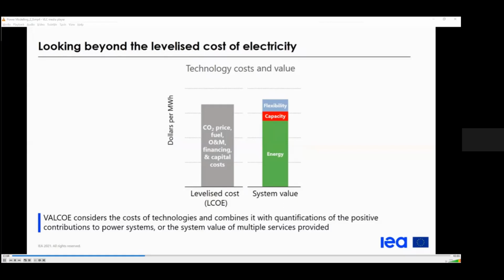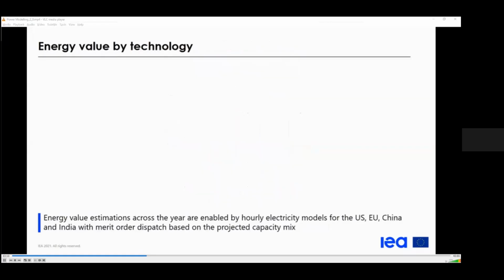So the concept behind the value adjusted LCOE is taking these costs, these values, and merging them. So the energy value is the one that really has the most impact. Selling electricity is today the largest source of revenues in competitive markets. And of the 3 categories of values I showed earlier, it is the energy value that changes the most across